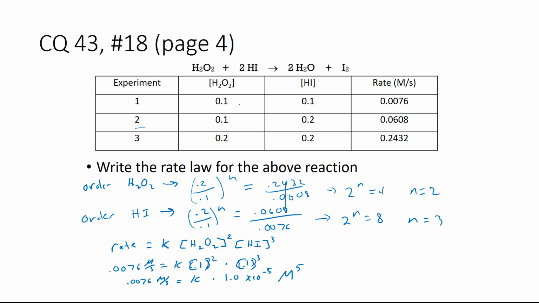Okay, so solving for K, I'm going to have to go 0.0076 molarity per second divided by 1 times 10 to the negative 5th molarity to the 5th. And therefore, K would be equal to 760. Okay. And my units would be 1 over molarity to the 4th power times seconds. Okay. So again, the unit aspect here,